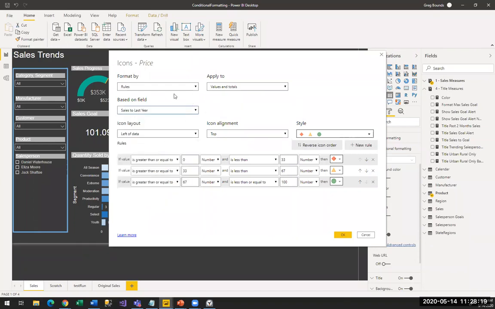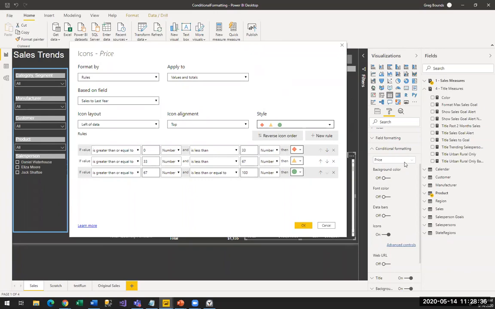And in the interest of time, I won't go over the measure, but it's pretty much just the same thing we've been talking about. It's a percent of this year's value compared to the values of last year. Now, where do I want this icon to be? So I already selected that I want it to be on the,